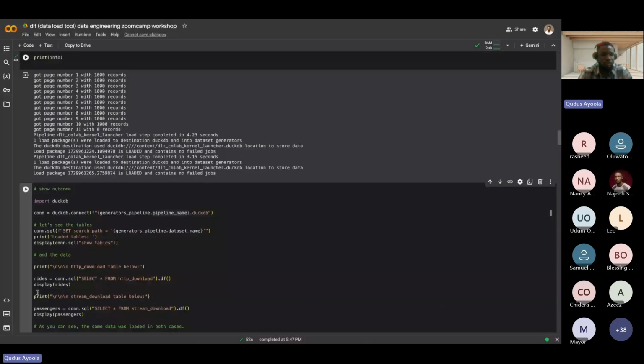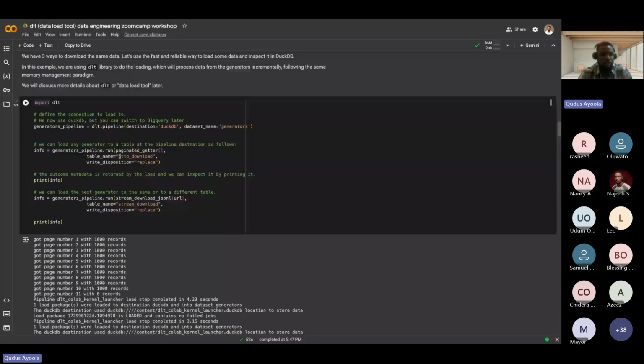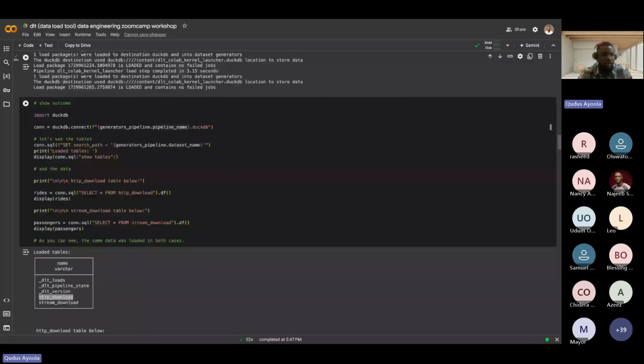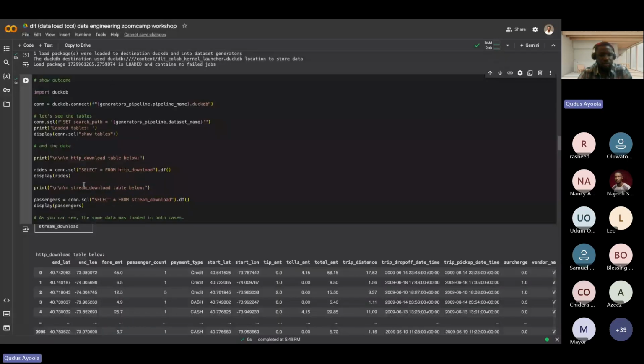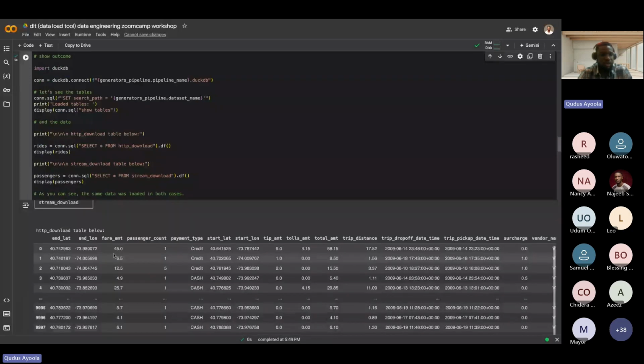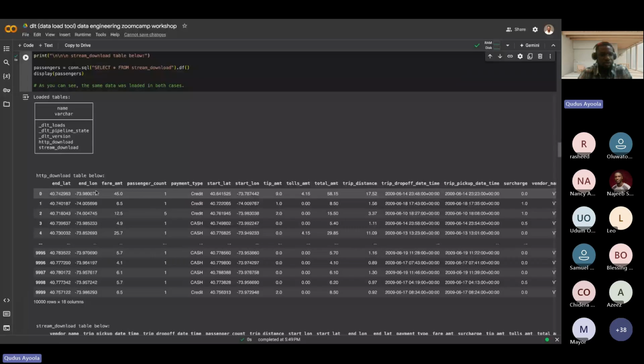So this was the first table name that we loaded, and this was the second table loaded. We loaded this one in batches. We try to stream this data into our database. So if I come here and run this, you see the different SQL statement that brings the data I have from my source system. Right now what I'm doing is I'm querying my database to fetch the data.